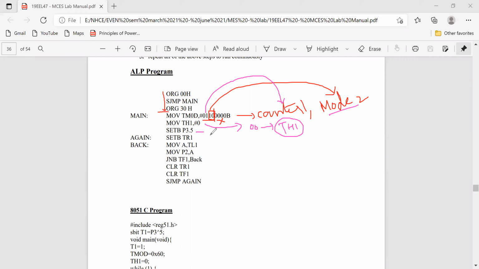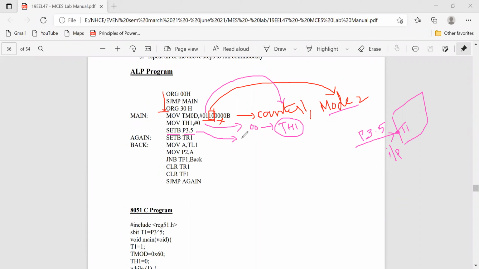Third step: here set bit P3.5. Why are we doing this? Because this particular pin, P3.5, is named T1. You have to set it as an input pin.